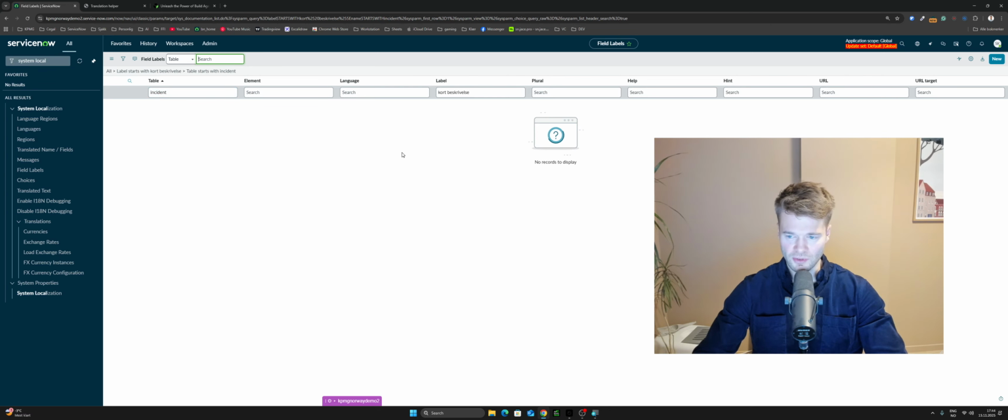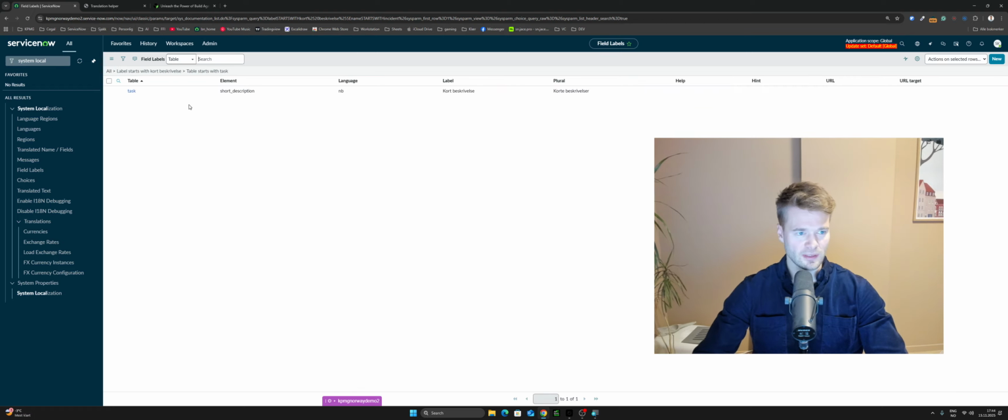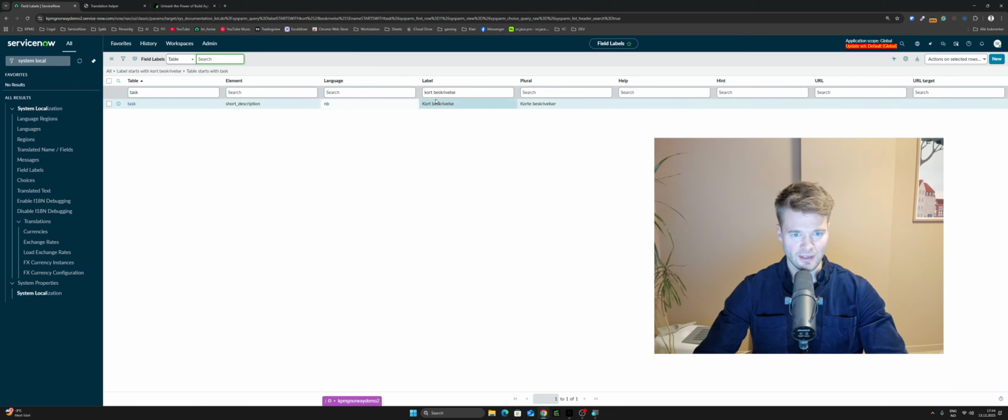And now you can see we get no results. And that is because this translation is actually done on the parent table, which is the task table. So when I search for that, then I get the actual field I want to change the translation of. So I can double click here, and then I can simply change it to something else. So this is fine, but this is quite a simple example,